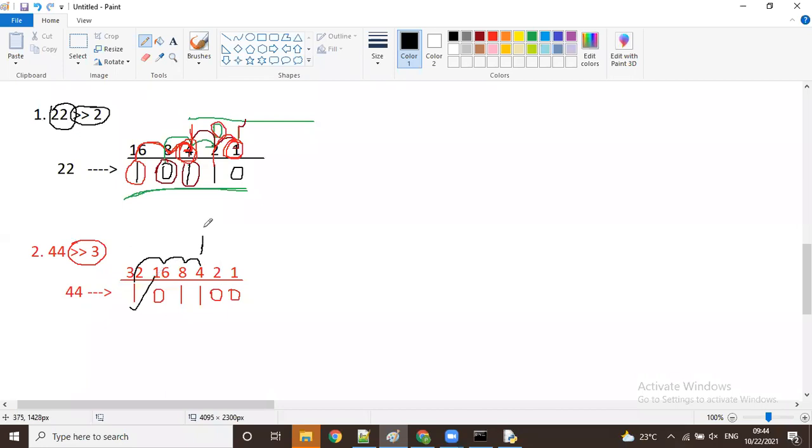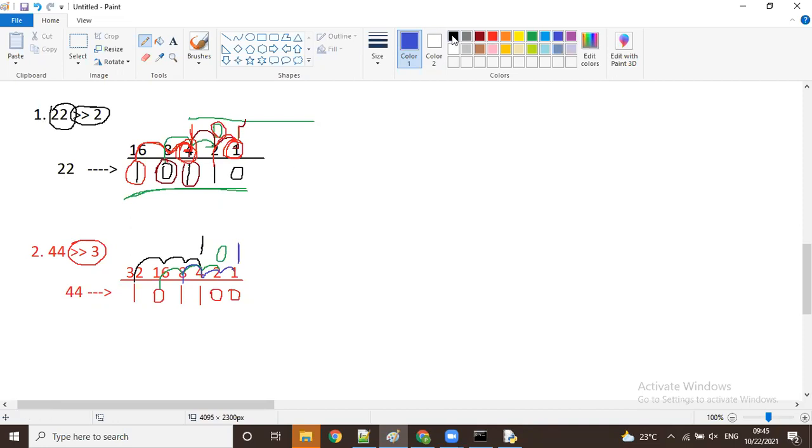Before the 1, what is there? Before the 1, 0 is there. Before 0, 1 is there. Before that 1, 0 is there. I can take the same order here also; otherwise you can check once here. Next, what is over now? 1 moving over. Next, 0 moving: place 1, place 2, place 3. That 0 also moves here. Next one, 1 also moving: place 1, place 2, place 3. That one also comes here.